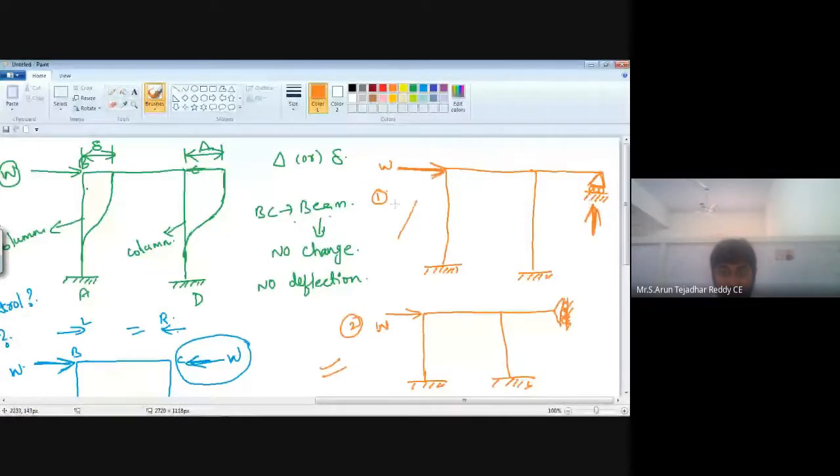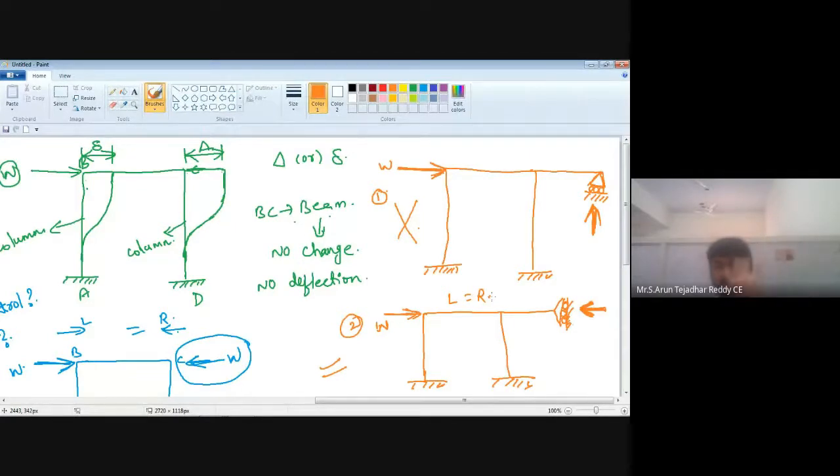So this does not control the deflection. Suppose you take the second diagram, with the roller support in this direction. Here we will have one reaction, and that reaction is in this direction. Now the load is acting on the left side, so due to that load we need to control it, and we get one support reaction on the right side. Now L is equal to R. So this is one of the best examples. Like that you need to take many examples.